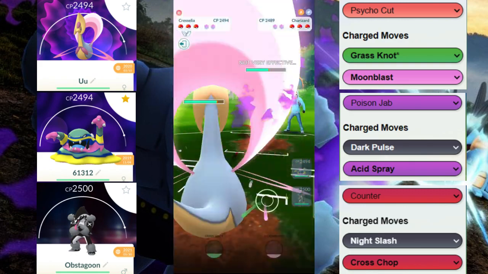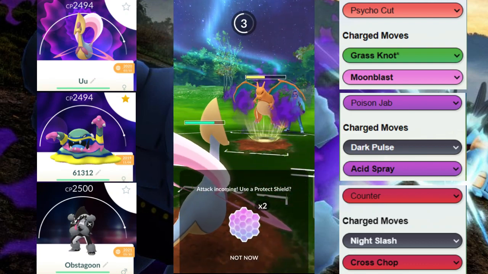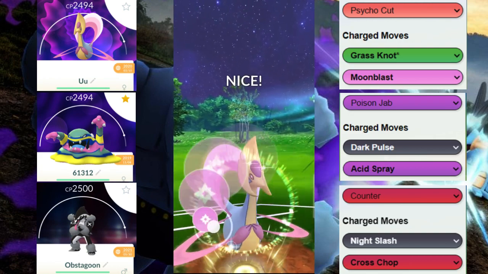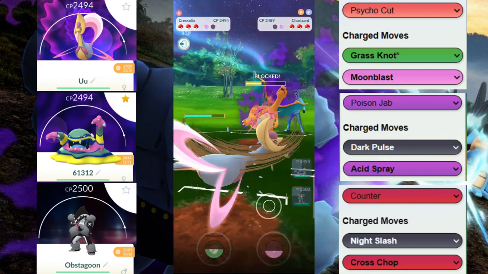If we had the Cresselia in the front, we would have been a favorable matchup, and then this Charizard wouldn't have been able to counter our Cresselia. So we're just gonna do our best. We're gonna try to throw these Moonblasts here just to do some chip damage. As a Cresselia